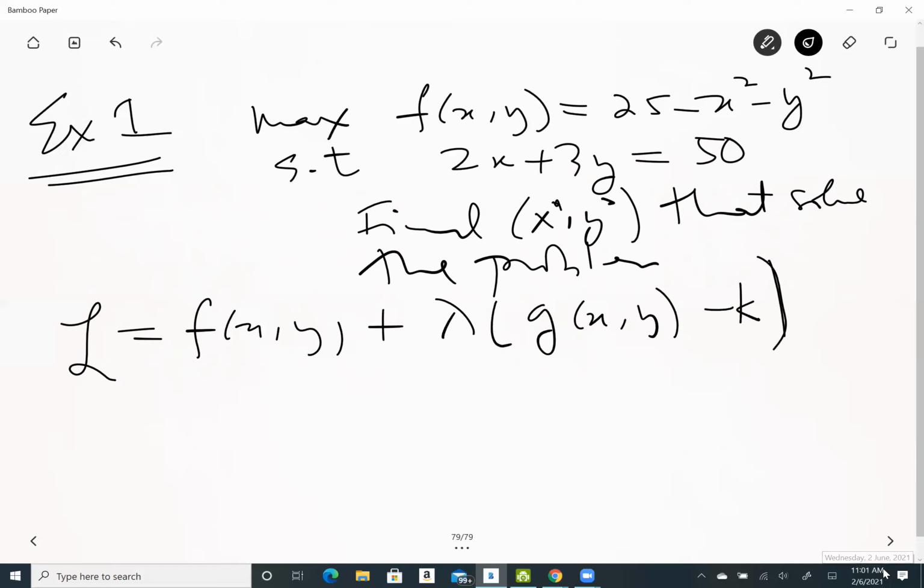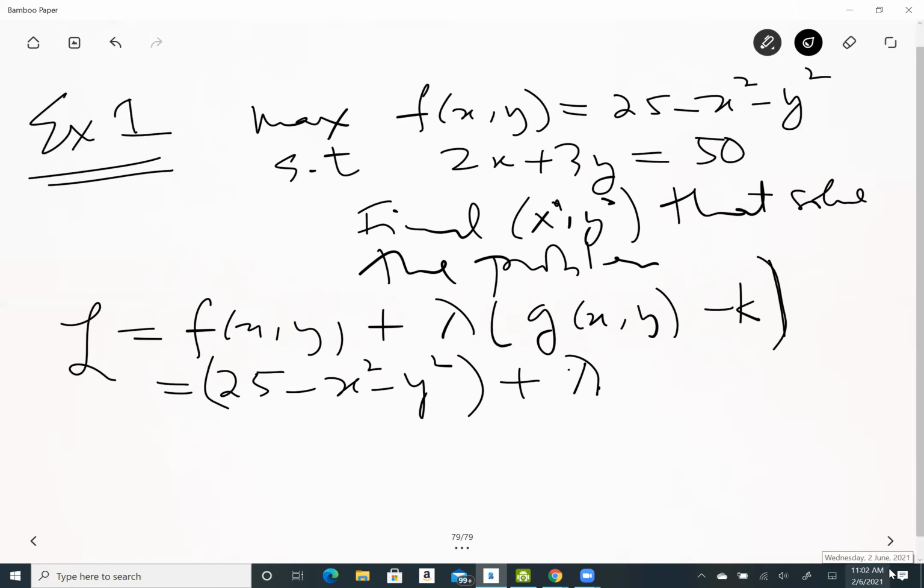Now we put in the specific functions. The objective is equal to what? The objective is equal to 25 minus x squared minus y squared. So 25 minus x squared minus y squared. Better put brackets, so that indicates that is the objective. Plus lambda